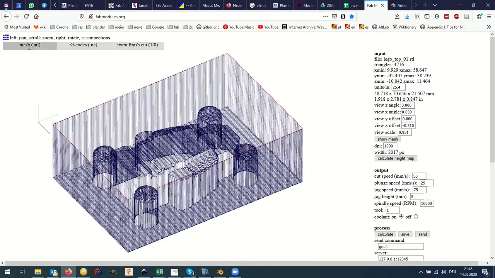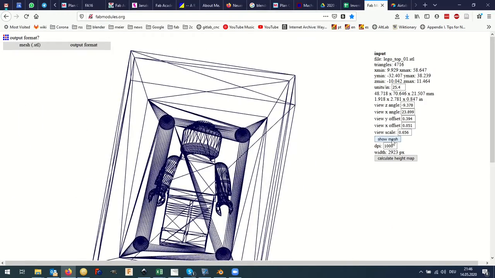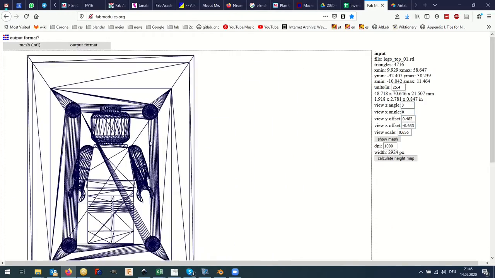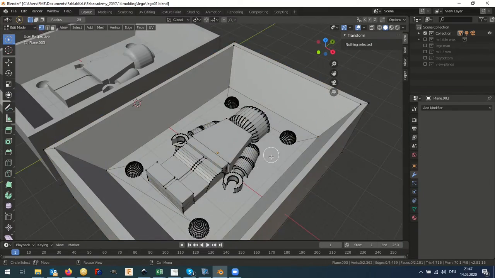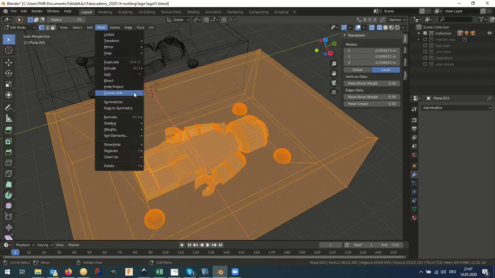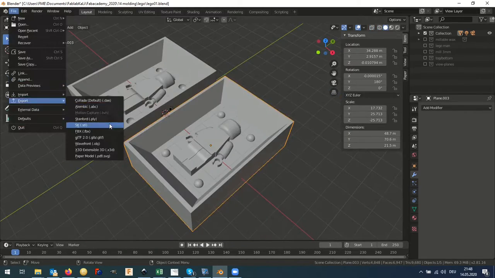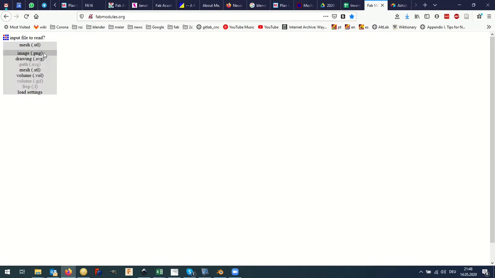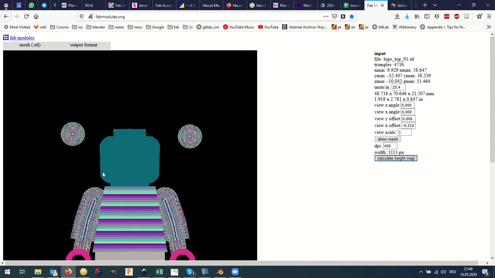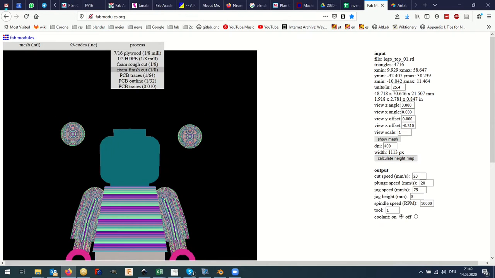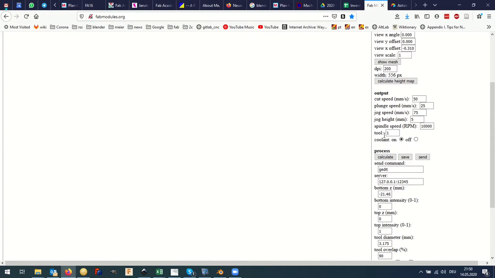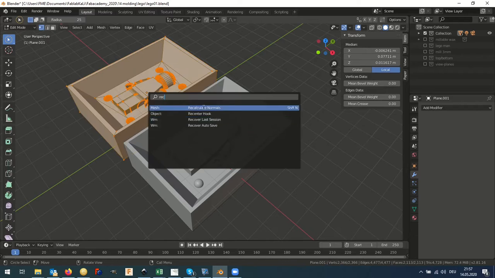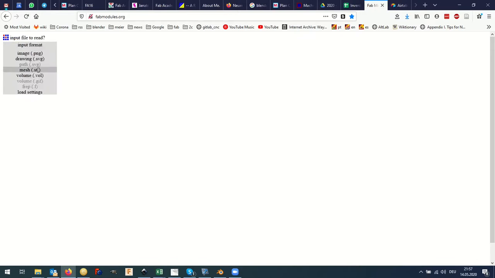So I went back and at this point I think it was still wrong. So I changed the size, I lowered the DPI, and you can see that the head is still just one color. But finally I got to recalculating the normals, and this was the necessary trick for the head to appear in colors. Ah no, I'm still stepping in the dark. Another render and still looks bad, and now I did the recalculate normals, and now yes, the head is